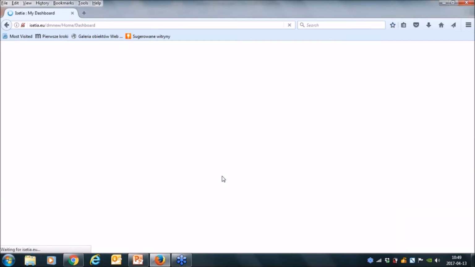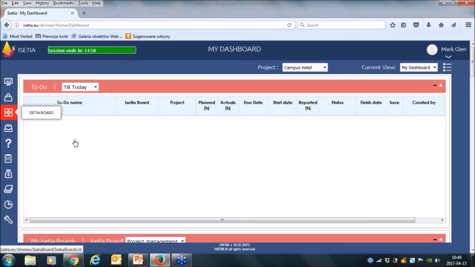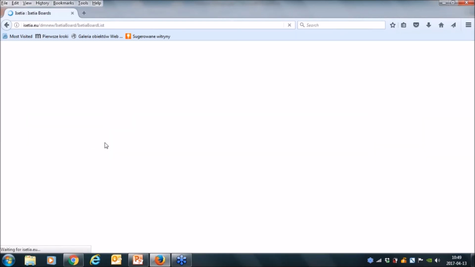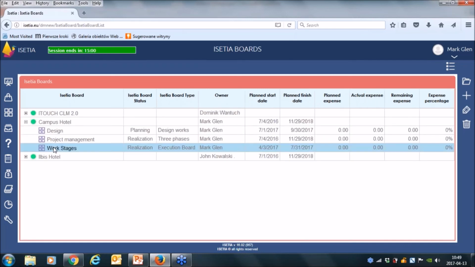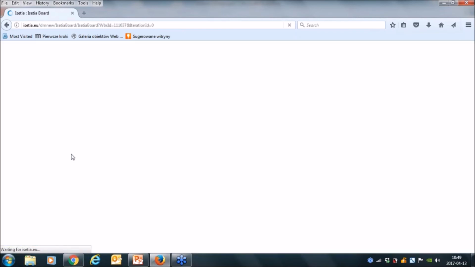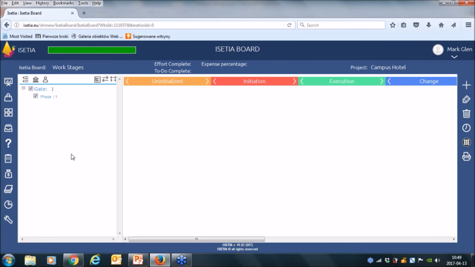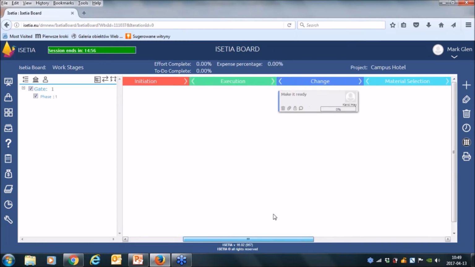But I would like to show you how it is presented in a general ISETIA board view. So this make it ready goes to Carol May. In materials selections goes to the other one. So just to, it is still for me, Mike Glenn.